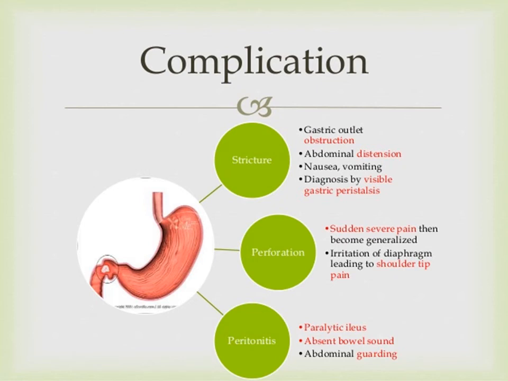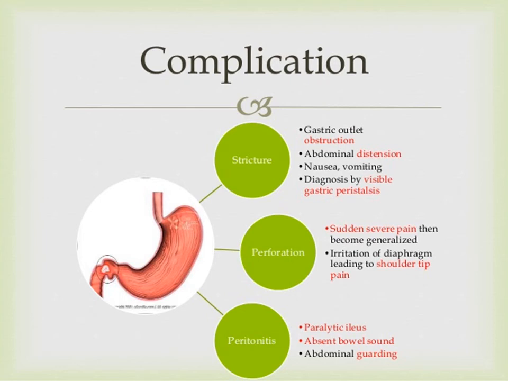These are the complications. There is a very good table in Robbins about the complications, which include bleeding, perforation, and obstruction. If we talk initially about bleeding, that is a very consistent feature and occurs in about 20% of the population. It is the most common complication of peptic ulcer disease, and chronic bleeding can lead to iron deficiency anemia, and sometimes the bleeding can be severe when there is erosion of some large caliber blood vessel, and that can ultimately lead to death.